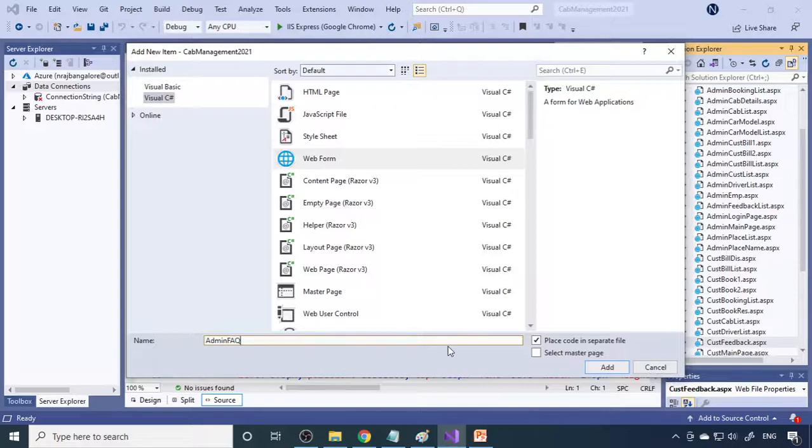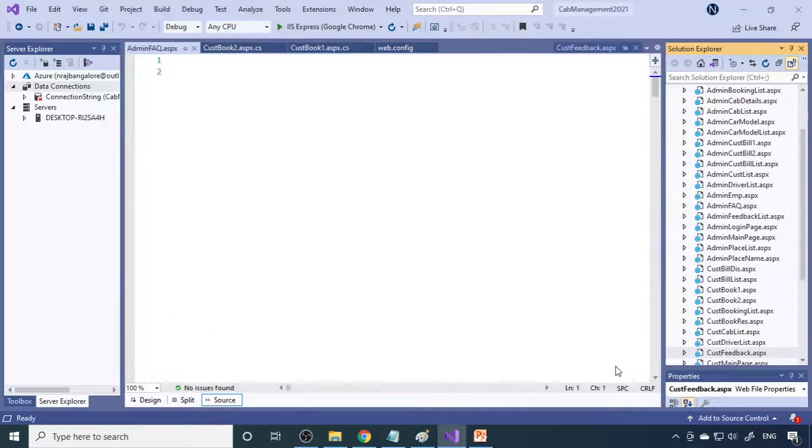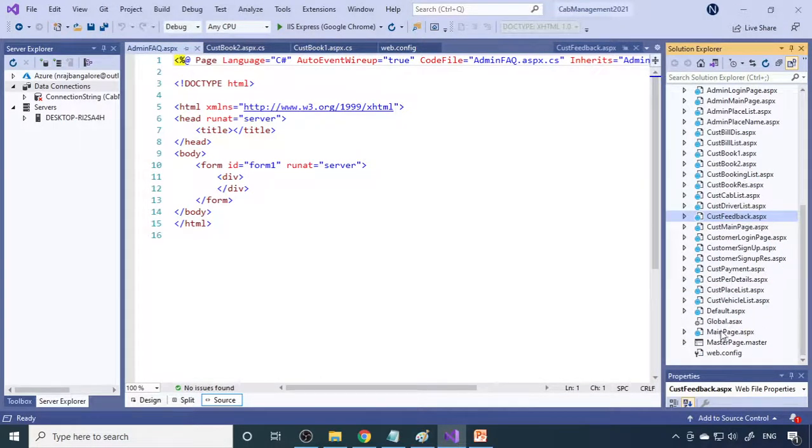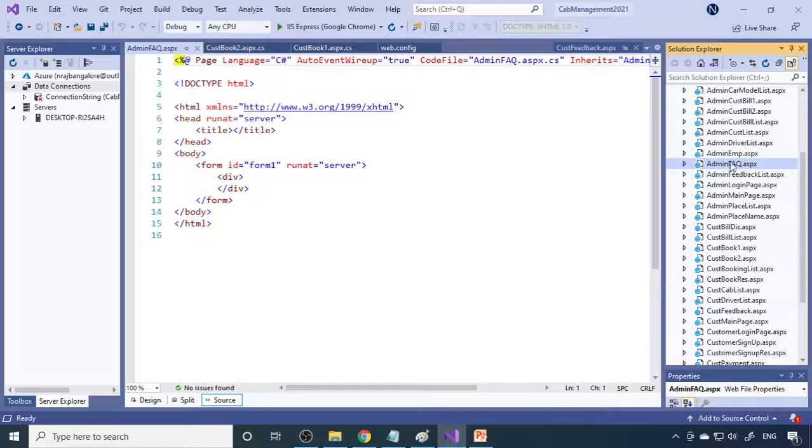So, admin FAQ means the admin can enter the frequently asked questions: what is the question and what is the corresponding answer. On the other side, for the customer, you give customer view FAQ. So the file name itself indicates what the page does.